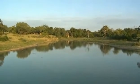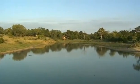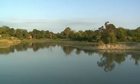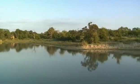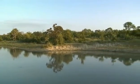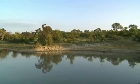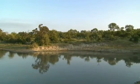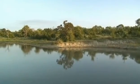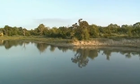Rutting season for impala is about end of April into May, towards the end of May. Getting back to ticks, you get very species-specific ticks. You get ticks that are